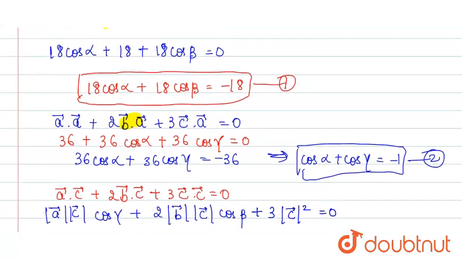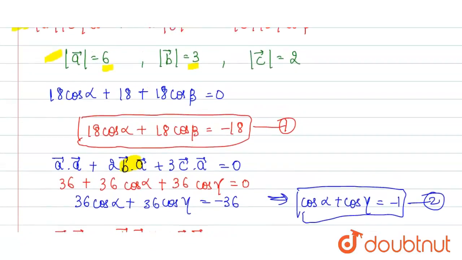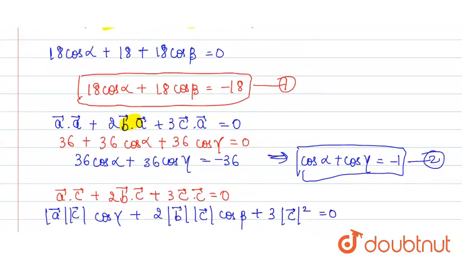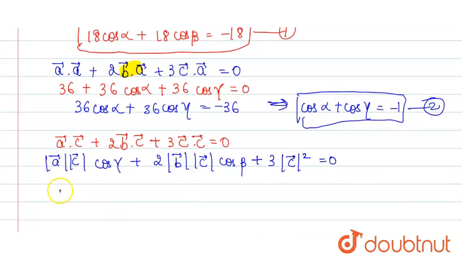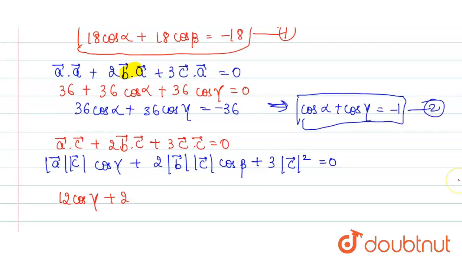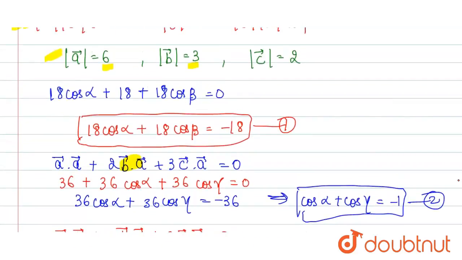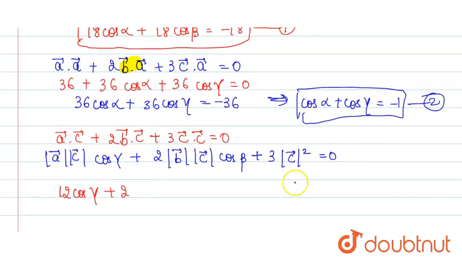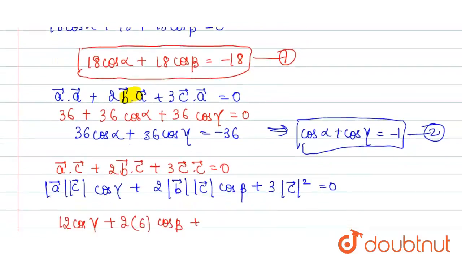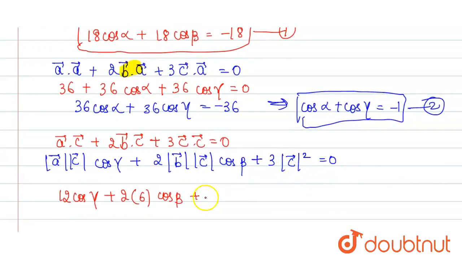Now in the question we have a vector that is 6 and c vector is 2, so 6 into 2 is 12, so it is 12 cos gamma plus 2 into, now b vector is 3 and c vector is 2, so 3 into 2 is 6 cos beta plus, here mod of c vector is 2, so the square of 2 is 4 and 4 into 3 is